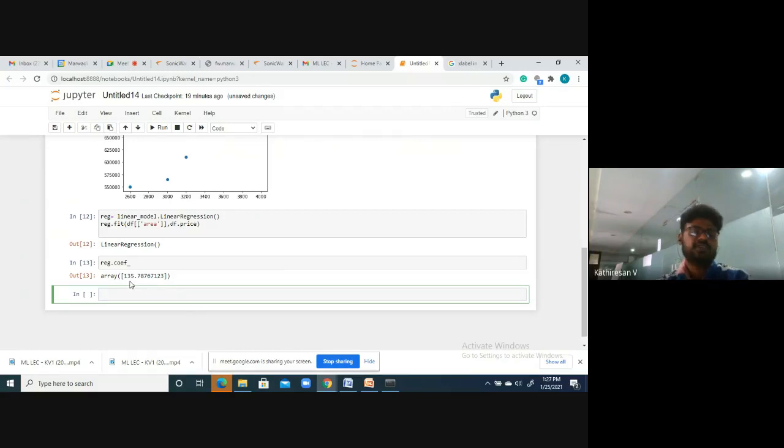This is the coefficient value. If you look at mx plus c, c is 135.7876. You can say mx plus b also in some cases. In the equation mx plus b, the b value is 135.7876. That is how it is working.